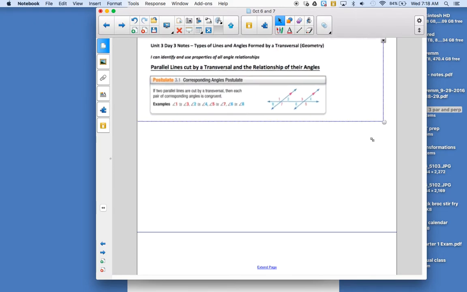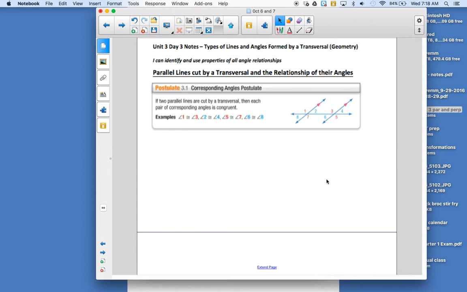Okay, so today we're going to look at what happens when we have a transversal that happens to be cutting through 2 parallel lines. So when I see a transversal and I can see that it's cutting through 2 parallel lines, and that's what those red arrowheads are telling me. This line is parallel to this line, and here's my transversal, and you can identify it with a T if you'd like. We still get the 8 angles that are created, but now since we know that we have 2